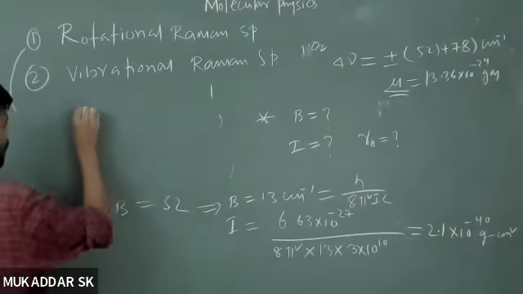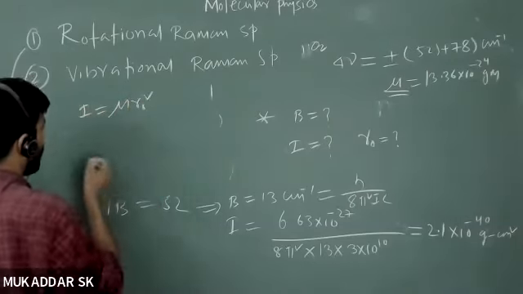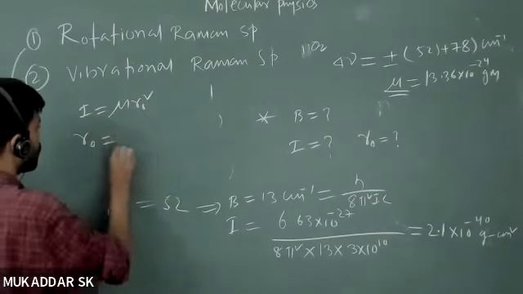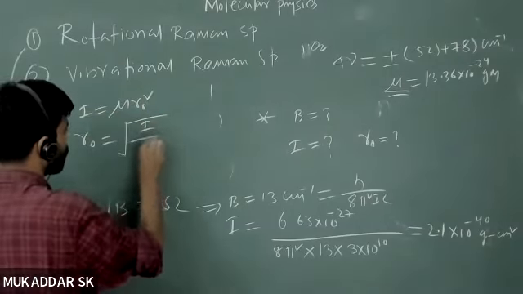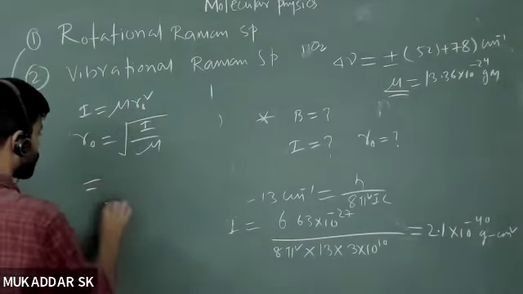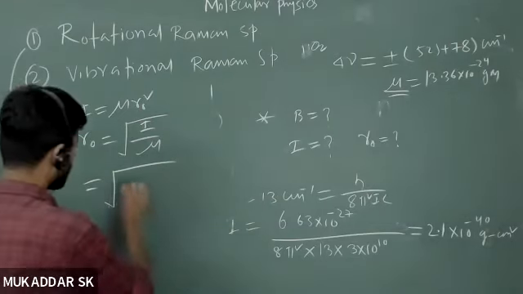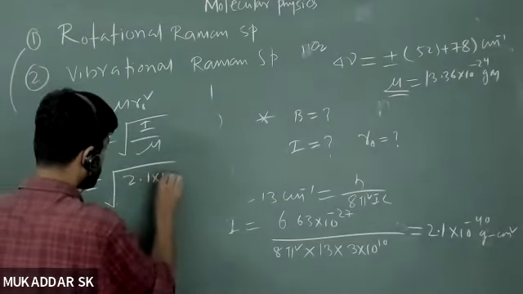So you have calculated I, now you can calculate bond length, right? Because I equals to mu r naught square, and r naught is actually bond length, so r naught will be how much? I by mu. Okay, so if you substitute it now, I is basically how much? I have calculated, you just substitute it here, 2.1 into 10 to the power minus 40